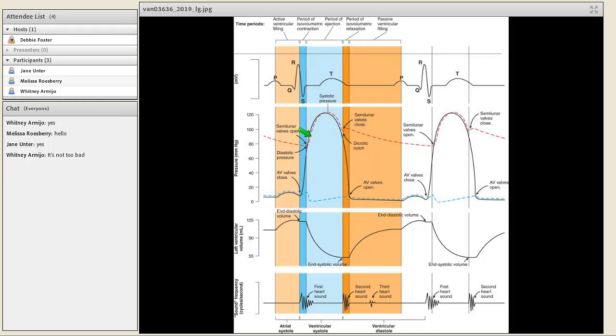And as it still continues to contract and ejects the blood, that's why it's called period of ejection, we see a large increase of pressure still. And then finally that's winding down, the valves will shut to prevent backflow, and then relax, decreasing pressure dramatically, then opening it up again. So once again, this is just kind of a